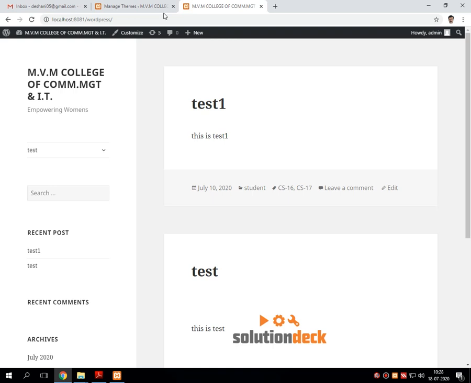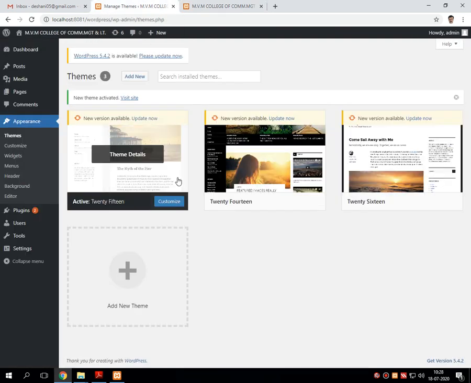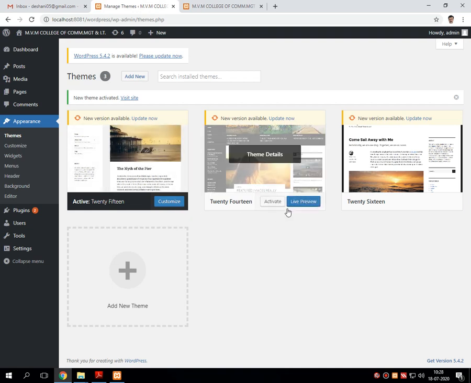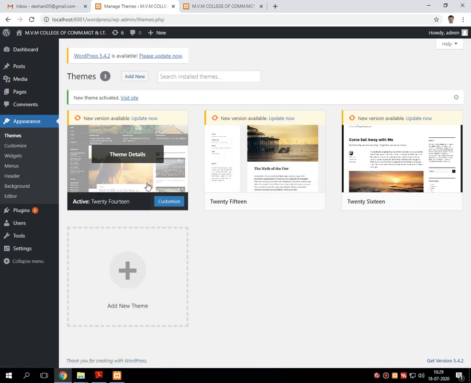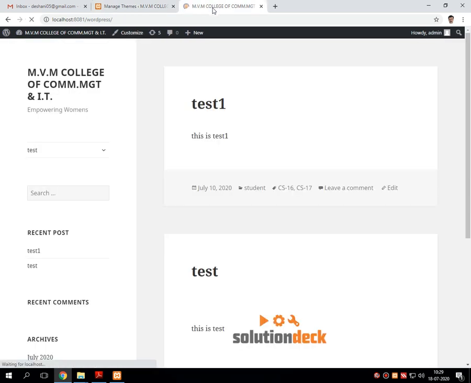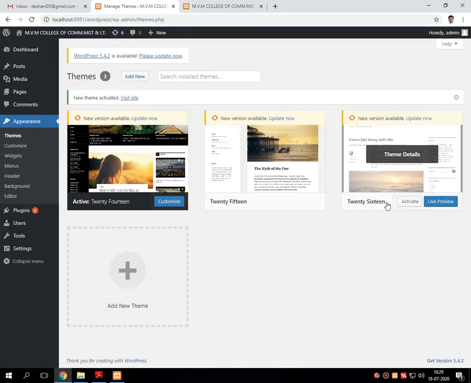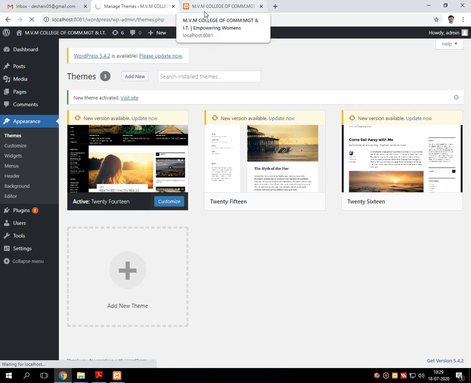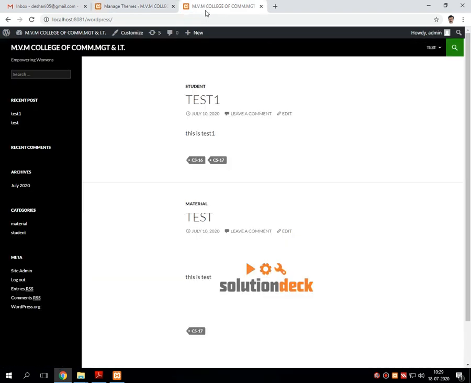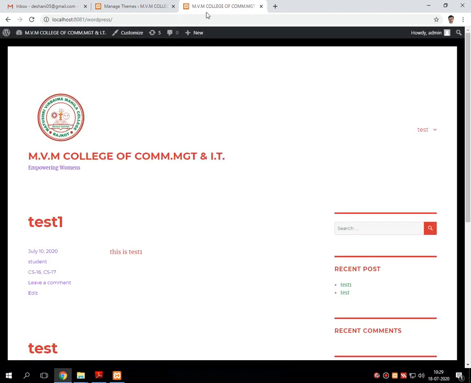Suppose we want to change the theme of my website. Again I am going back to my older theme selection. Just click on activate theme. Again it comes to the front, and whenever I refresh the page, my theme gets changed to the original.